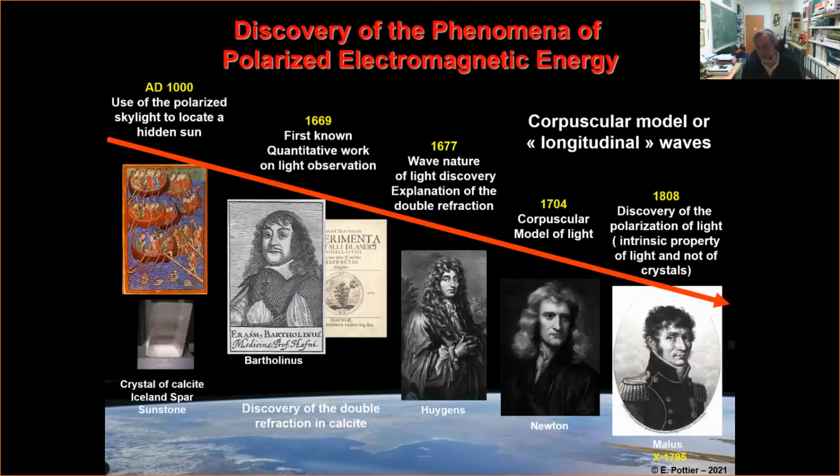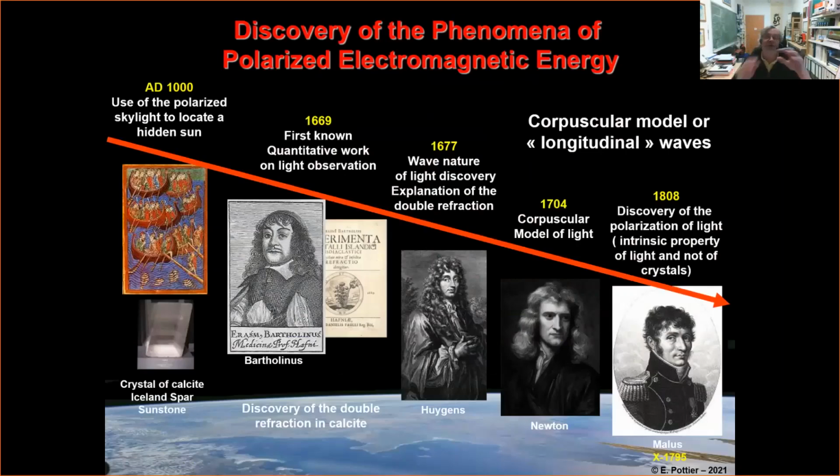So everything started, in fact, a long time ago. As you can see, it was around 1000. But it was used by the Vikings to discover a stone, a crystal of calcite, which is called today the sunstone. And they were using this stone, with a phenomenon of birefringence, to find the direction of the sun. Like that, they could navigate in the North Pole,